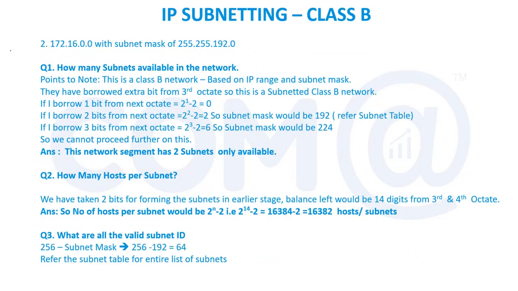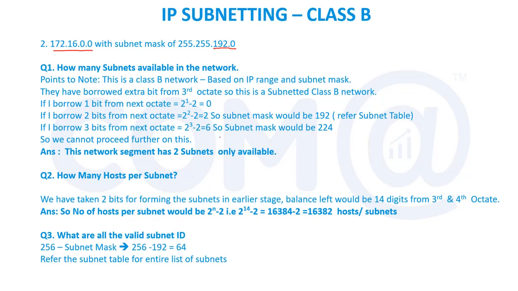Now I'm doing the second level: instead of 128, I'm using 192. Same IP address, the network address, since it's with the zero. Now 192 is the modified subnet mask, a subnetted class B with 192 as the subnet mask. The first thing we have to do is see how many subnets are available in the network. There is a big network, 172.16.0.0. Within that network, how many small networks can I form? I need to understand that. So now I'm starting the calculation.